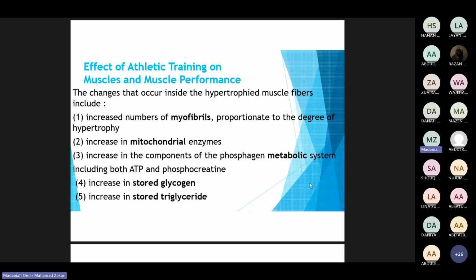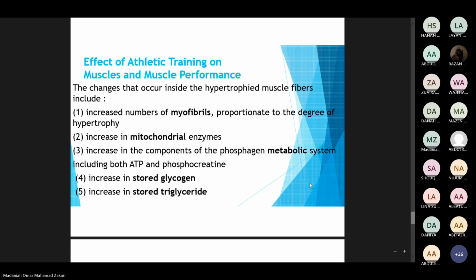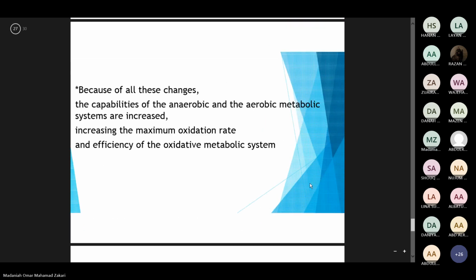So increase in the components of the phosphogenic metabolic system, including ATP and phosphocreatine, energy products, because the muscle stores these things because they are going to need them all the time. So the muscle is hypertrophied, bigger. It has a lot of storage of glycogen, a lot of storage of triglyceride, ATP, phosphocreatine are ready all the time. Because of all these changes, the capabilities of the anaerobic and aerobic metabolic systems are increased,